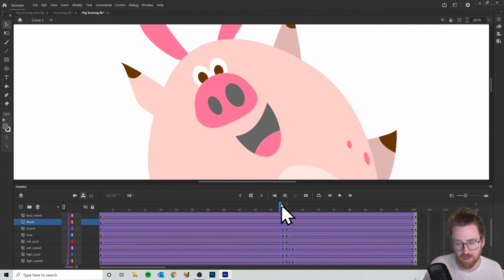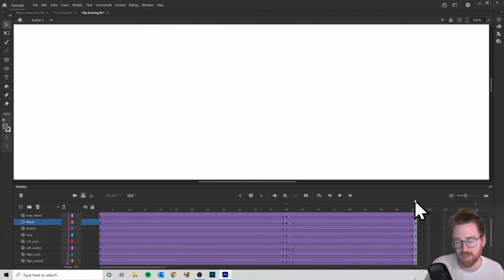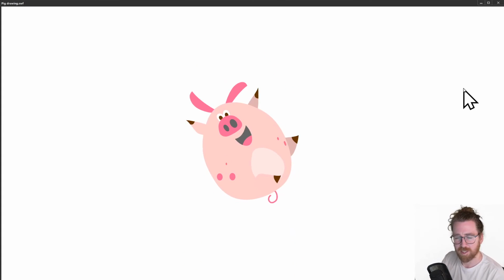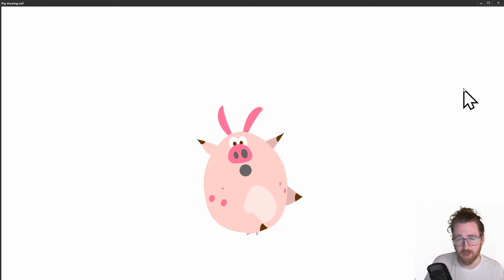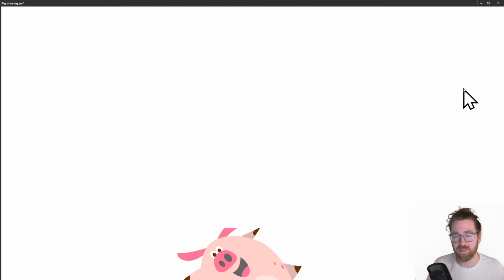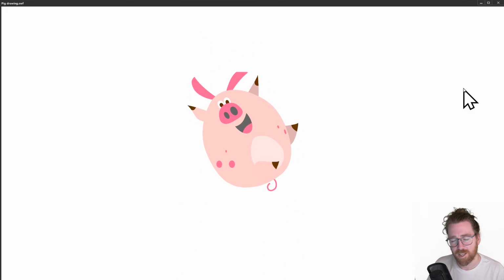There we go. So see, in those two frames from 60, there is no classic tween, because Adobe doesn't know how to turn this shape into this shape, but that's okay. It just switches it as if it's frame by frame, and that'll work. So we've got a nice little pig animation. We could go in and tweak things if you want to have a bit of a play, by all means. But the purpose of this was to show you parenting and classic tweening, and we've done that,